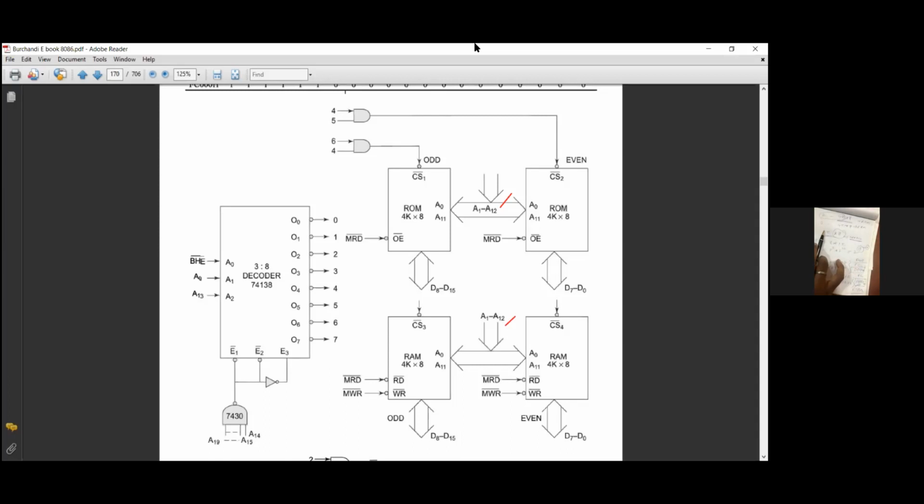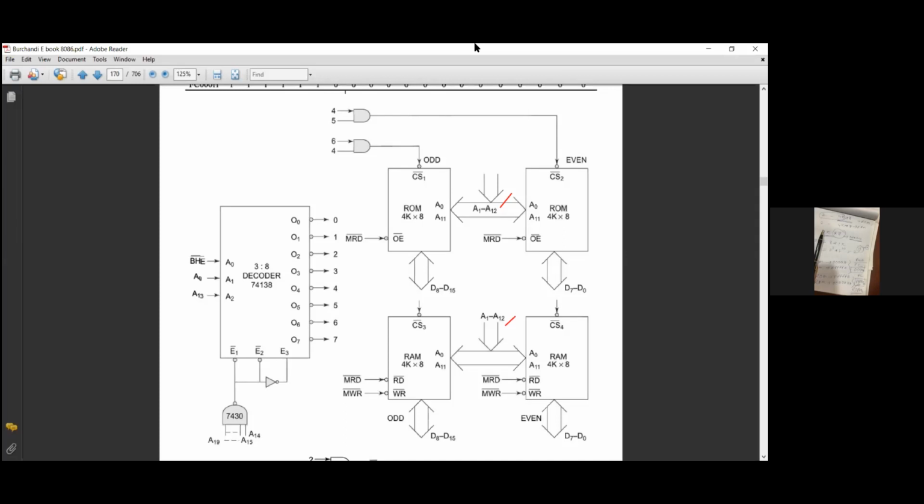Next question is, sir, where is A0? A0 I will tell you at a different stage, whenever I discuss odd and even. Okay. Yes, sir. And there are 4 CS, CS1, CS2, CS3 and CS4. I will explain that later on. But remember, A0 is required for odd and even selections, and for CS3 and CS4